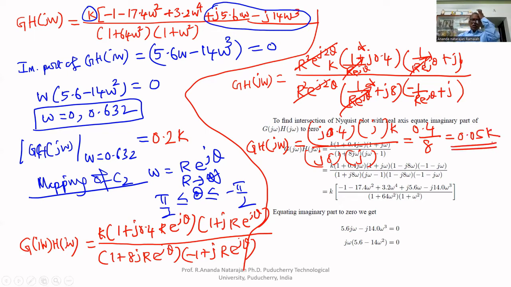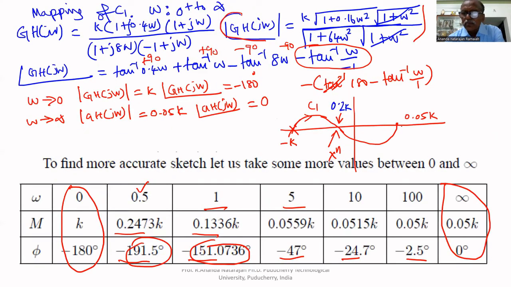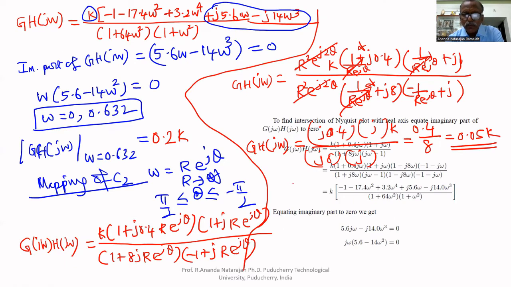So the mapping of C2 is nothing but a point at 0.05K, that's all. Therefore, the mapping of C2 is a point at 0.05K. That's all. Now we have to find the mapping of